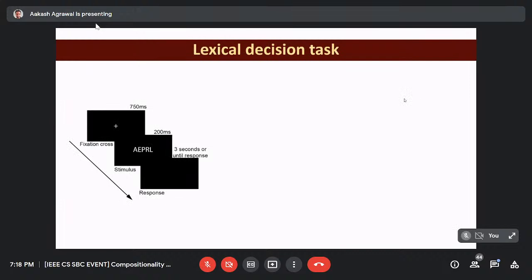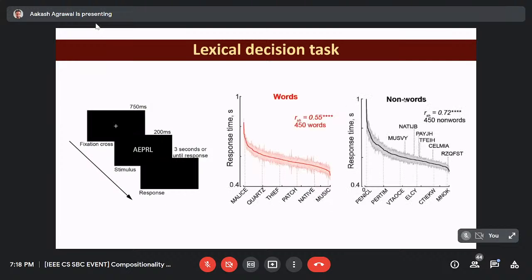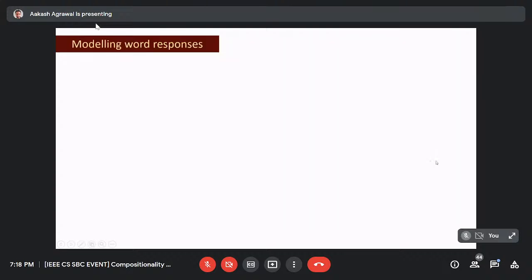Now, similarly, the lexical decision task is a more rapid task where, when they see a string, they have to respond whether it's a word or not a word. There as well, we see certain patterns where some words are easier to categorize as words compared to others, and similarly for the non-words. And if we try to model the word response time,